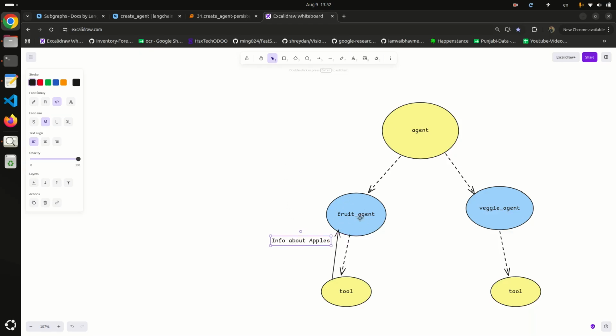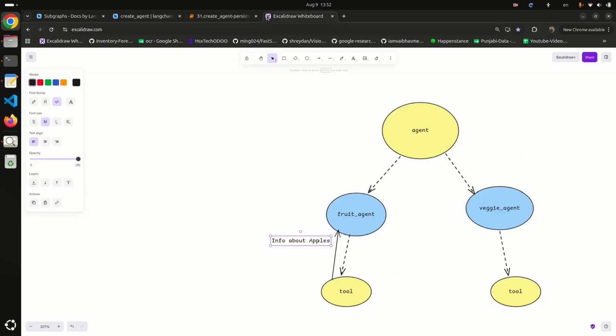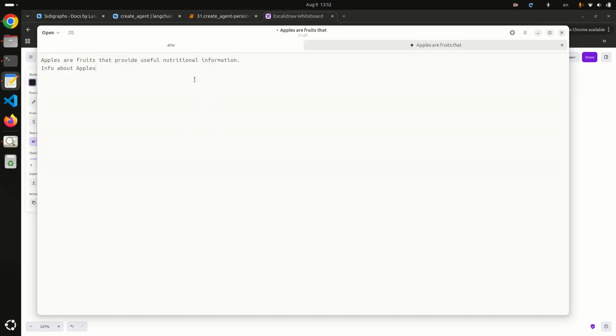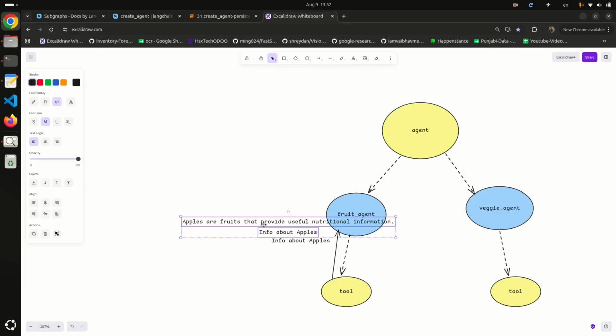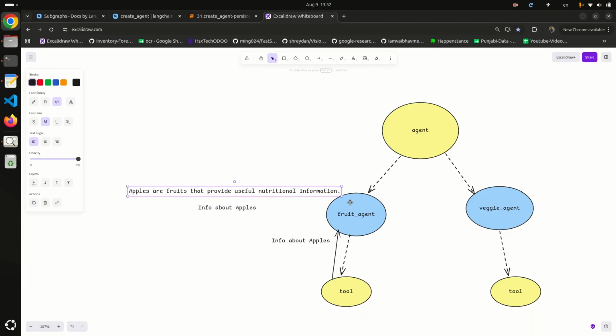In the prompt of the fruit agent, we told that, hey agent, you are a fruit expert, use the fruit info tool, respond in one sentence. So whenever this agent gets the message, that is the tool message, that is info about apples, on the basis of this it will generate another response that will be an LLM response about the apple. The response may be something like apples are fruits that provide useful nutrition information. So it is the final message that this agent builds by using the LLM.